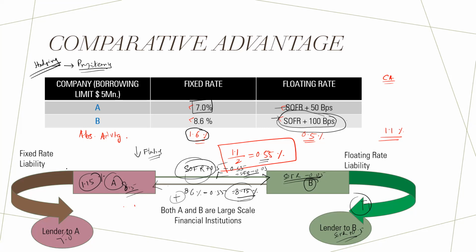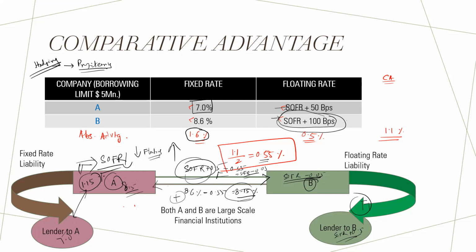But the thing is that you can see that here, A seems to be benefiting out of the whole exercise by 1.15%. Well, this 1.15% is actually an insurance against the floating rate of SOFR, because A's anticipation out here was that the SOFR is going to go down. But if tomorrow the SOFR or the reference rate goes up, A will still have to pay, and he's insured up to 1.15%, but anything above 1.15% differential, he will have to pay from his own